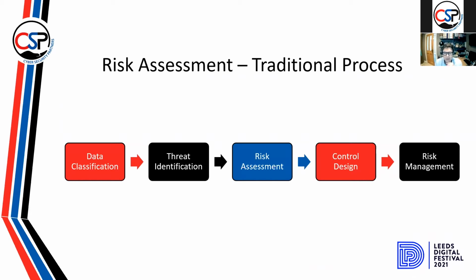Once that's done and the assessment is made to understand the threats to your organization, you can start designing controls that are going to protect your data, your information. And then when that's all going in, anything that's outstanding becomes a security risk that's either managed or controlled on an ongoing basis. So that is the very high level risk assessment process.